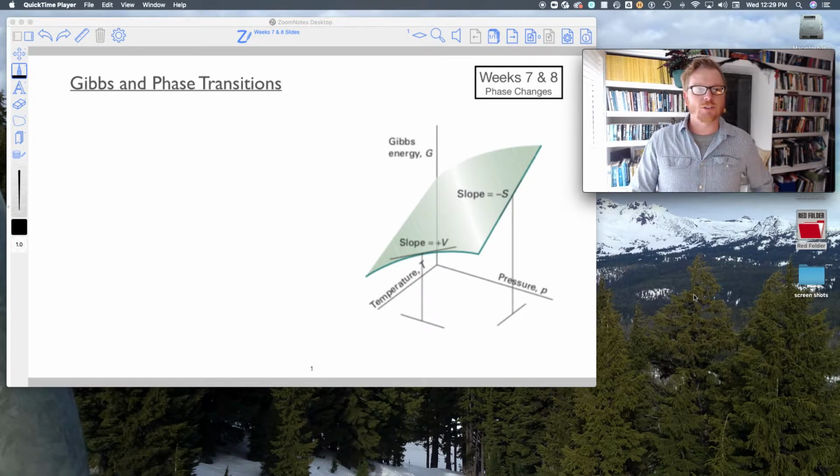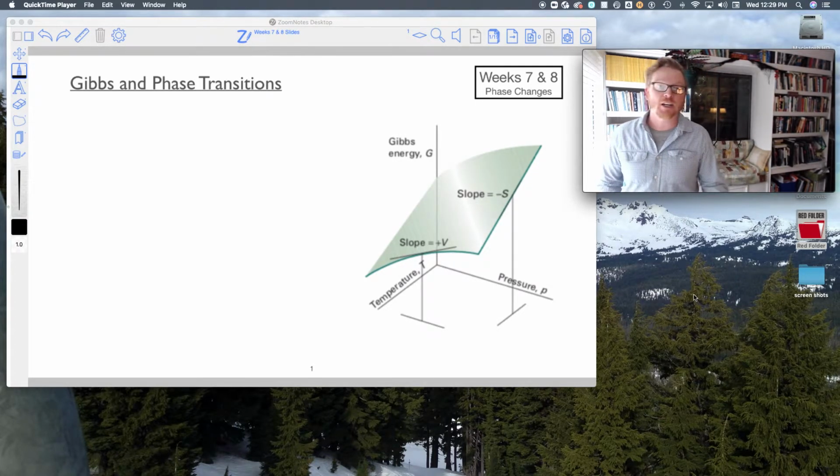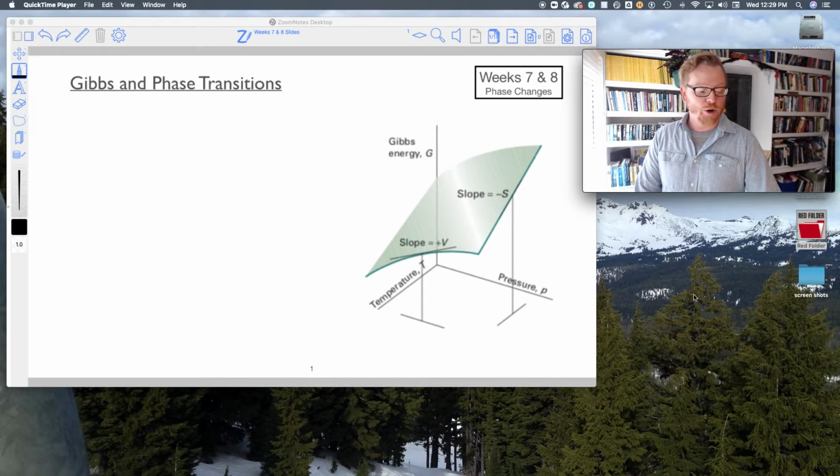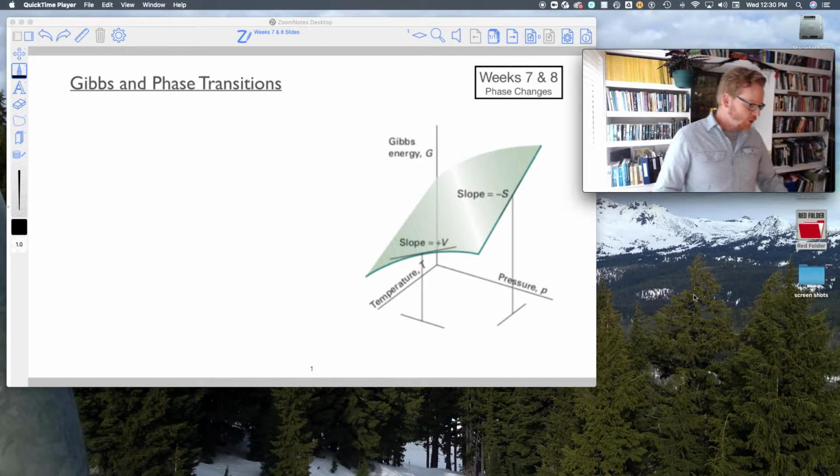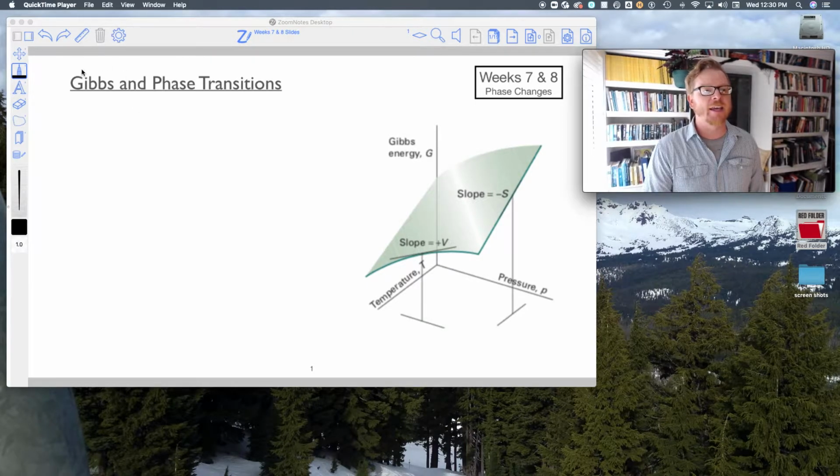We're getting into our new section on phase changes. I think this stuff is really exciting. It's really cool that we're seeing an application of all of this higher order math and physics and how it's going to manifest into something physical and tangible, like what state something is in at a given temperature and pressure. Okay, so we start by recognizing that Gibbs